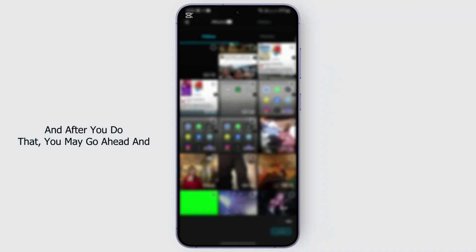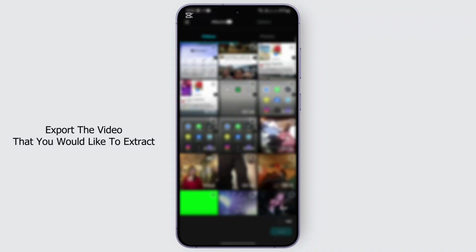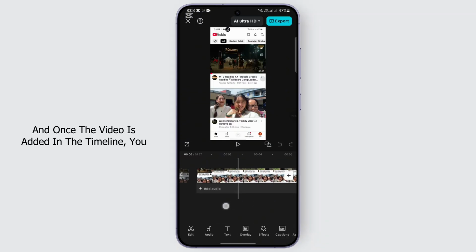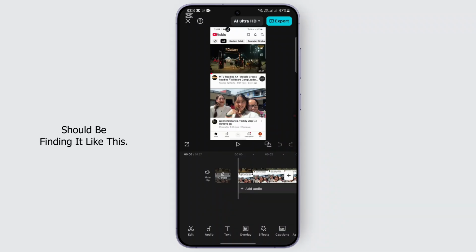And after you do that, you may go ahead and export the video that you would like to extract the audio from and remove, and only keep the voice. So tap on Add. And once the video is added in the timeline, you should be finding it like this. Now what you need to do is simply tap on the video,